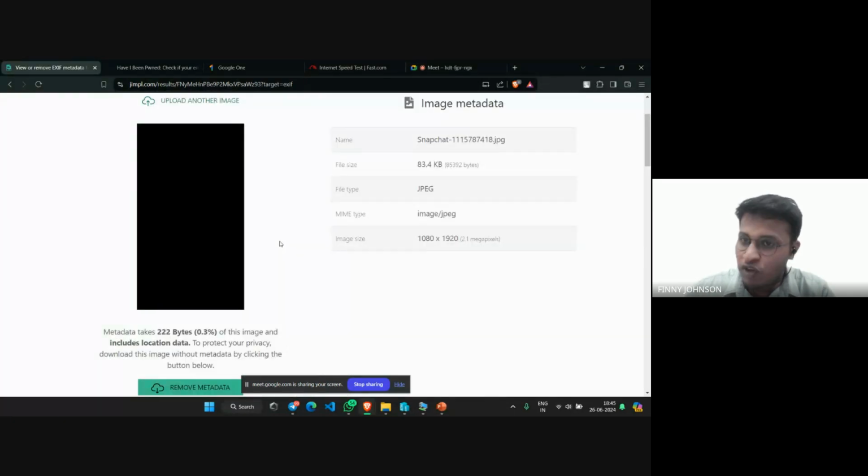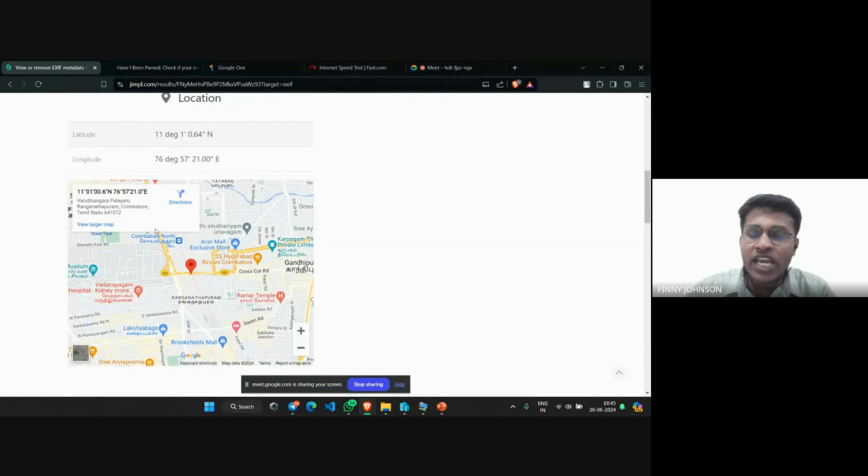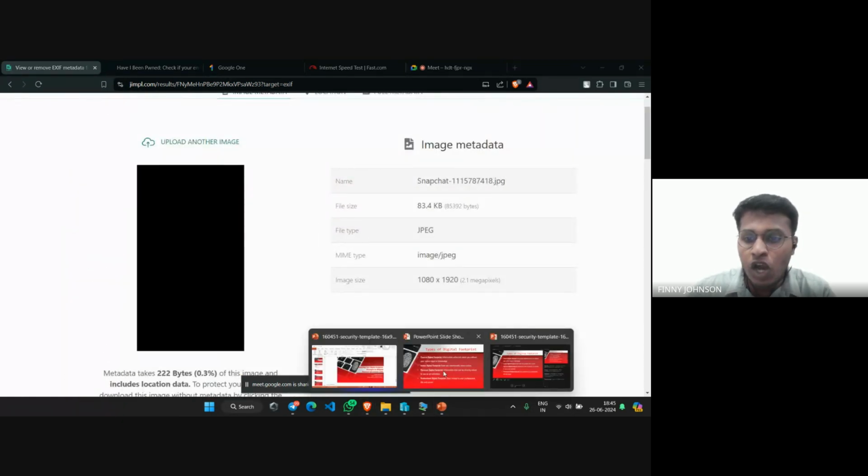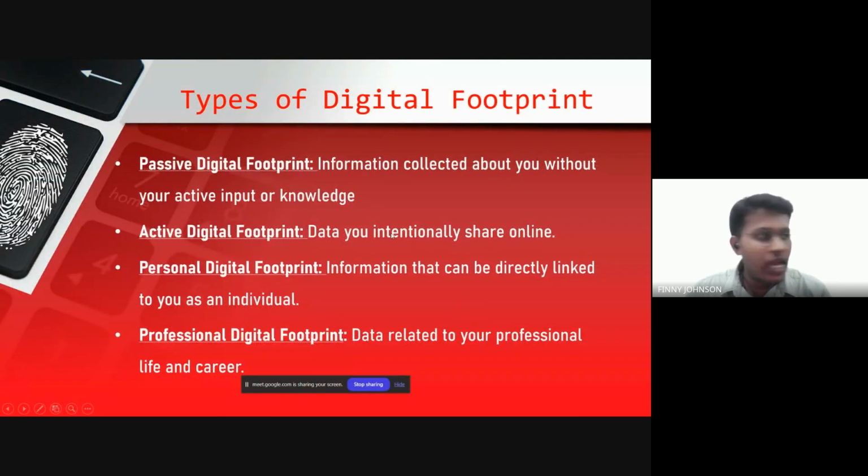Even if your phone data is leaking, hackers can find that you are at this location, and they can carry out many cyber attacks. So this is one example of passive digital footprint. Okay, next let's come to